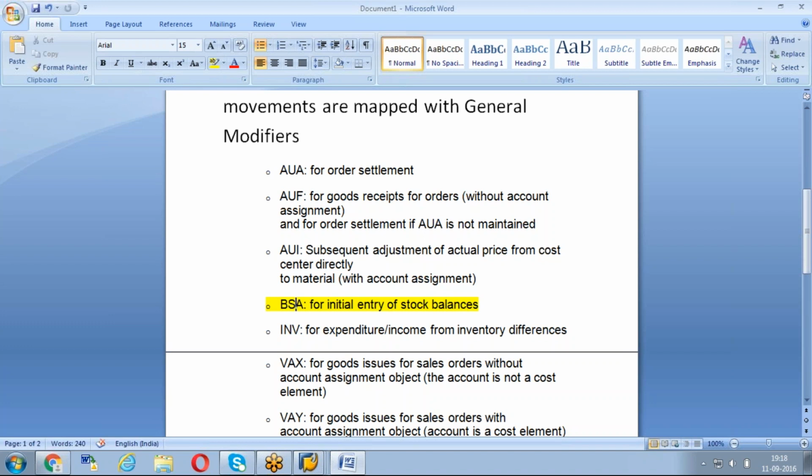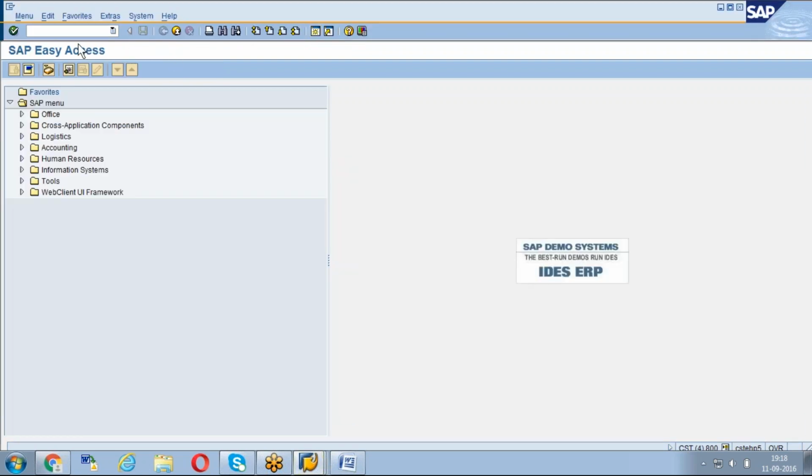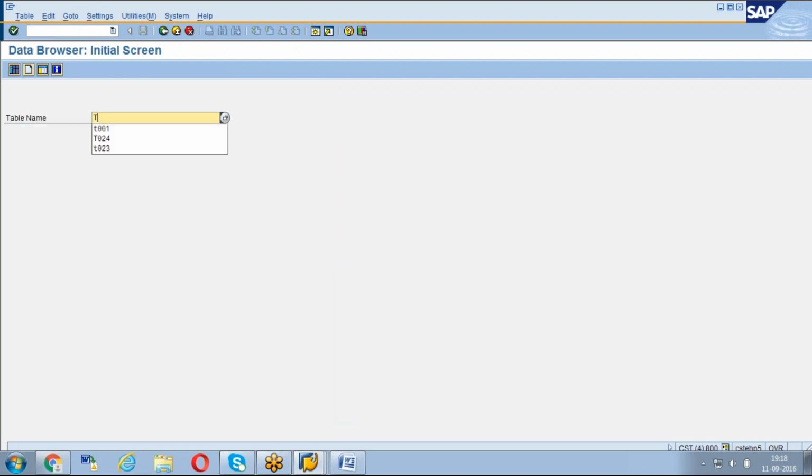Exactly. See, now already I told you that SAP has given this purpose. 561 initial entry means BSA will come. Okay, that's what we will get in this way. Still, if you want to get it another way, you can get it from the table. Go to table T030.